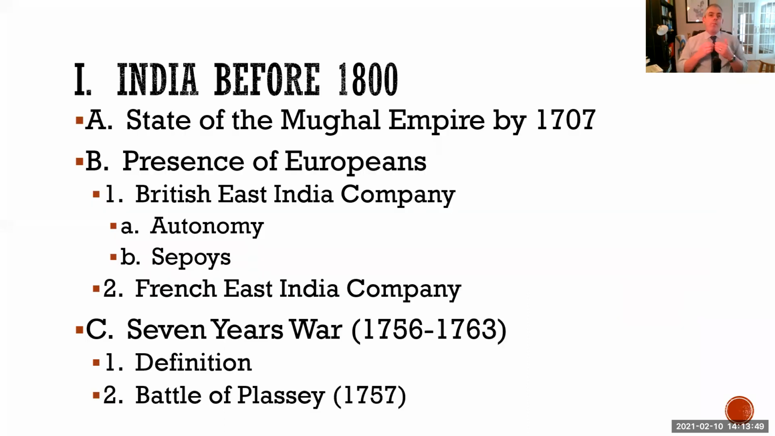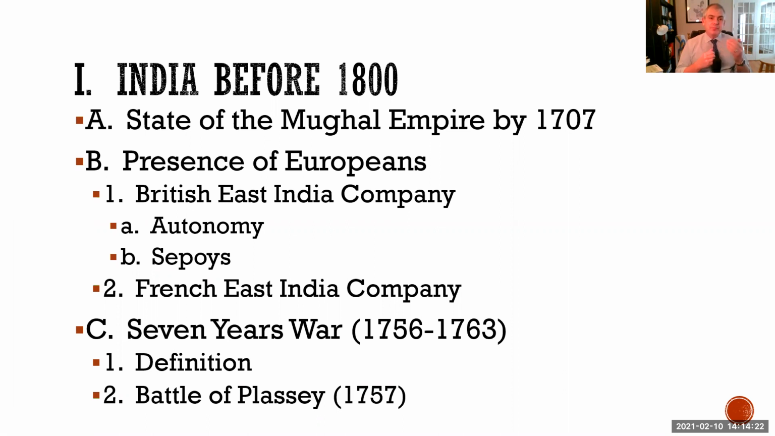So, when we look at India before 1800, we want to start first with the empire that is ruling over India, which is the Mughal Empire. By 1707, the Mughal Empire is in a state of decline, of collapse. The tensions between the Hindu population and the Muslim population have boiled over, and a civil war is taking root. While that civil war is going on between various regional kings and princes, Europeans are starting to interject themselves into